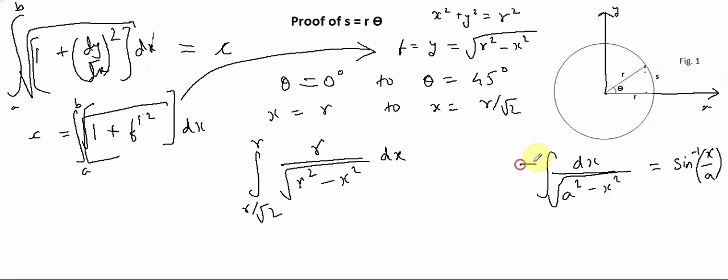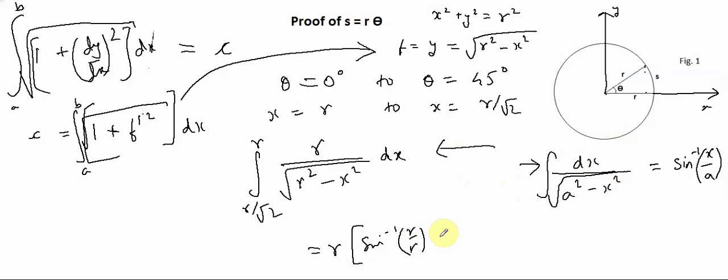You can apply this form here, and you will find that our answer turns out to be r in the bracket, sine inverse r by r,